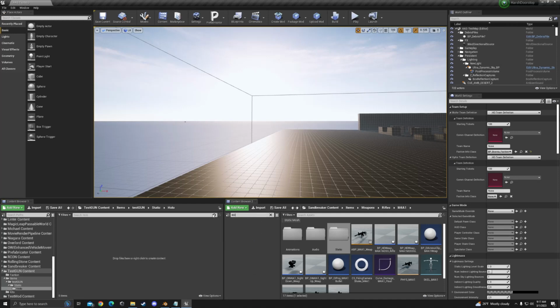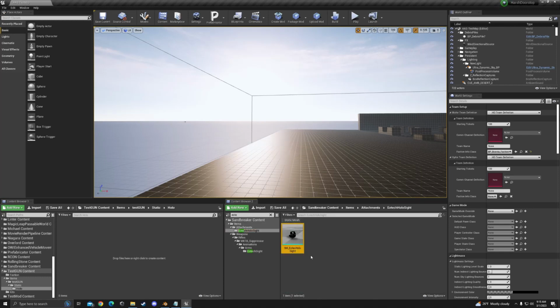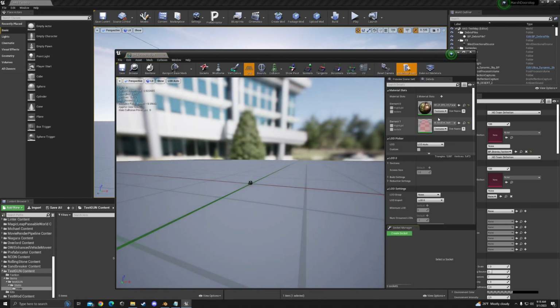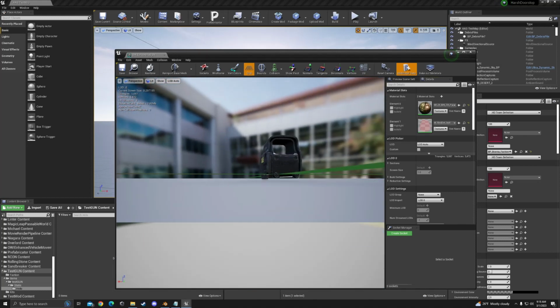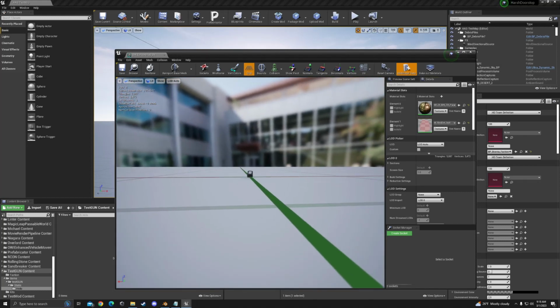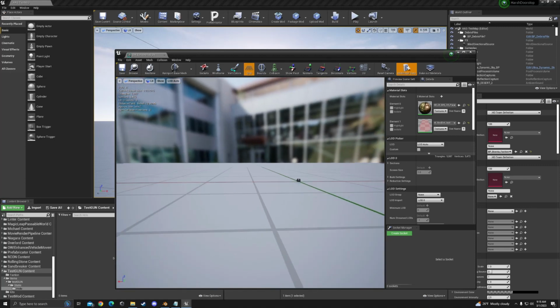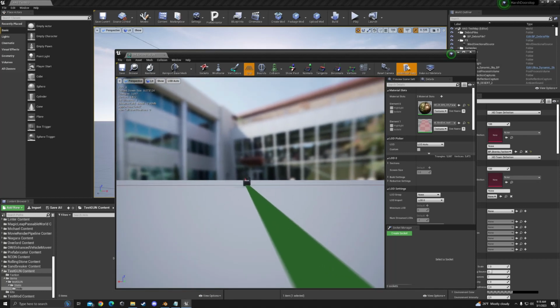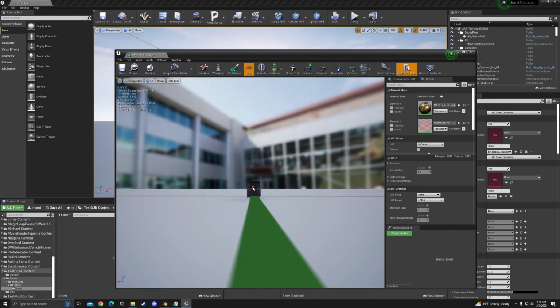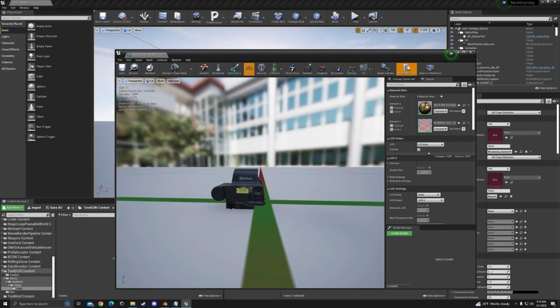So if we go EOTech, double click. So here they are. We have the texture here. This is highlighting the lens. Should be able to see the reticle. So the reticle is essentially a material that we're going to be applying to that flat plane on the EOTech, so we can see the reticle and then the texture for the